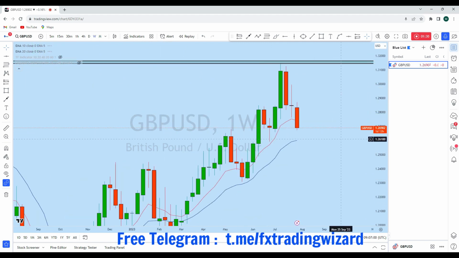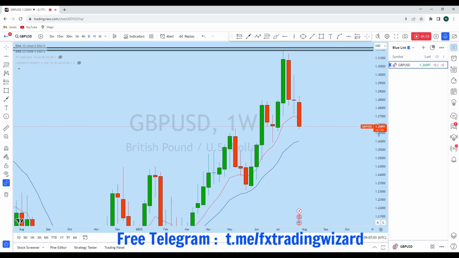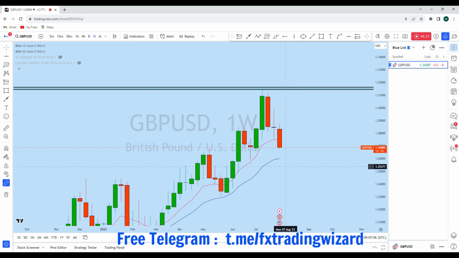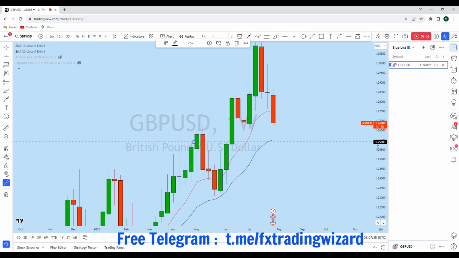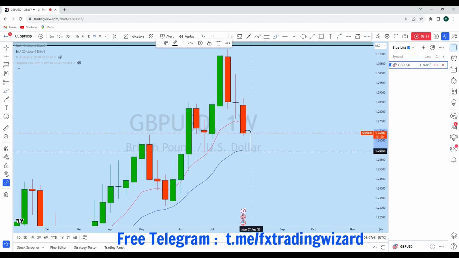Now, if we look at the weekly time frame, we can see that from the weekly perspective, GBP USD is also showing bearish price action with this weekly impulse, correction, immediate rejection, and then a doji from the weekly perspective. This weekly doji is also bearish. We have seen a series of lower highs in that area. As a result, this week the market opened with a gap. After a little pullback, the price started to drop in that direction. There is a swing low, which is a very important level of support here on GBP USD,